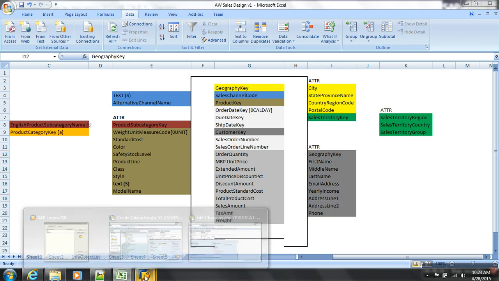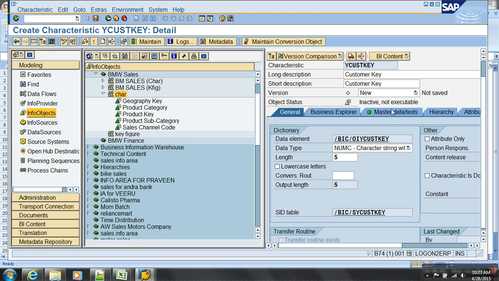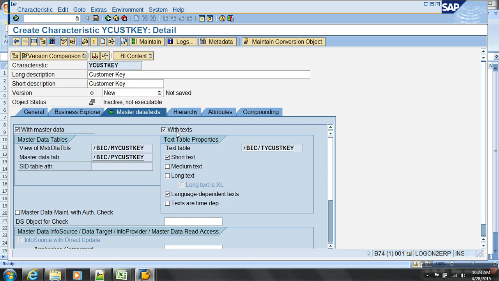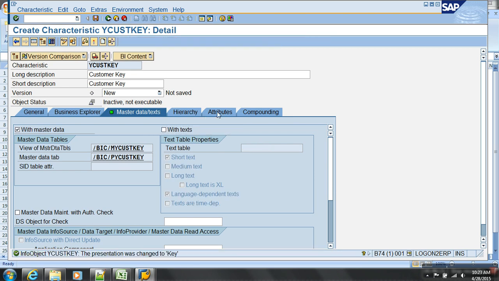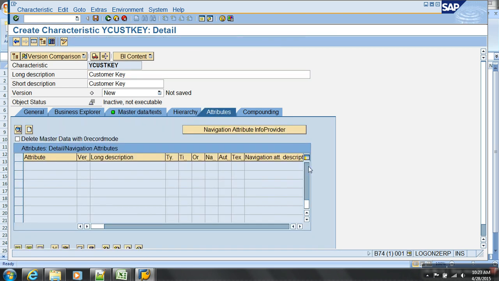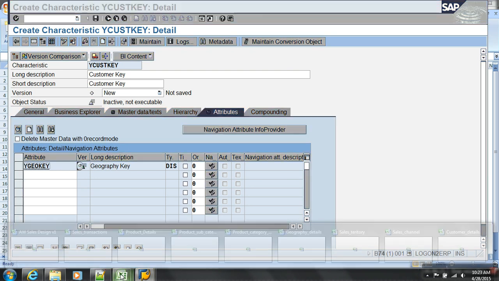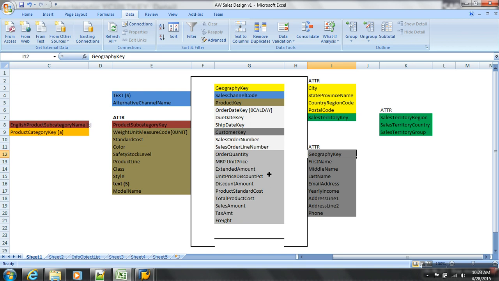I'll just create Y. So I don't need any text for the customer. Do you want text table? No, right? Only attributes. Let's start giving all those attributes. You remember Y geo key. In this case, I would like to use my own object. Rest all I'll select the ones which are already there.